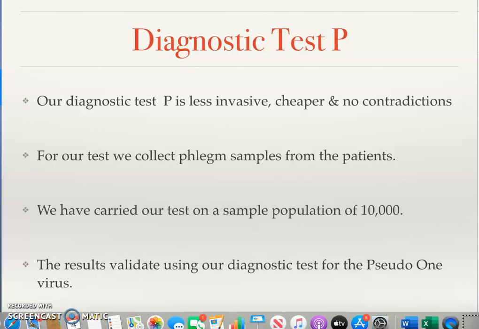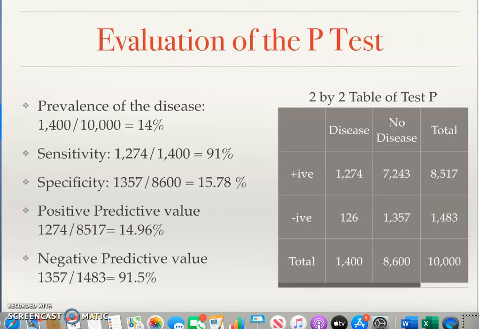First, we will look at the columns in our 2x2 table. Calculating the sensitivity, we have 1,400 confirmed to have the virus and 1,274 of them tested positive, which means the probability for the patient to test positive for the virus, given that they have it, is 91%. As a clinician, explaining this to your patient means that the test is strong and sensitive for providing a true